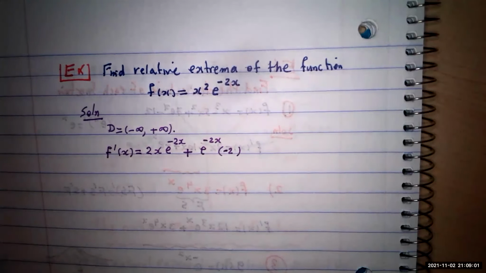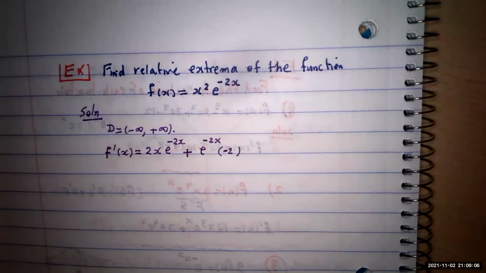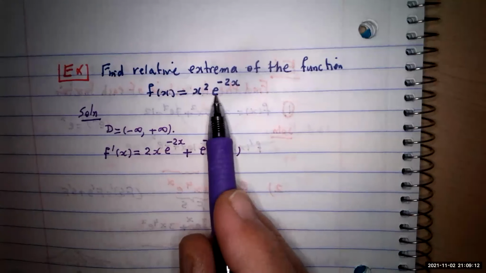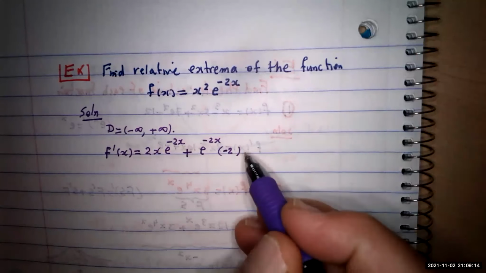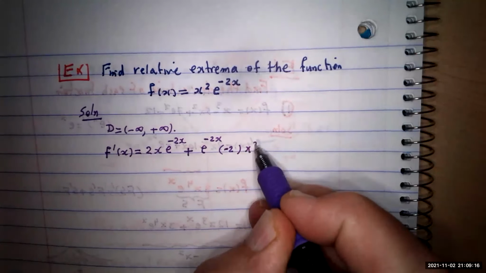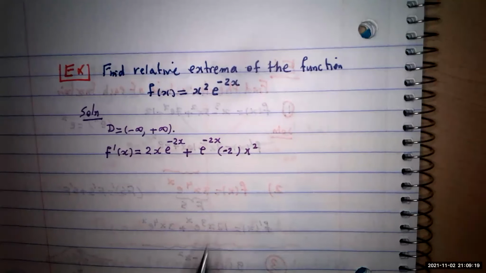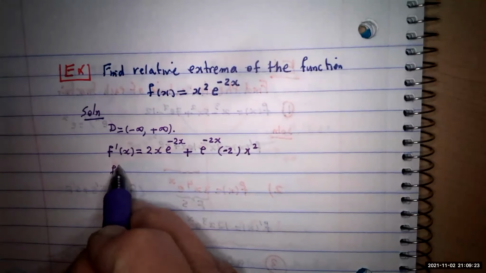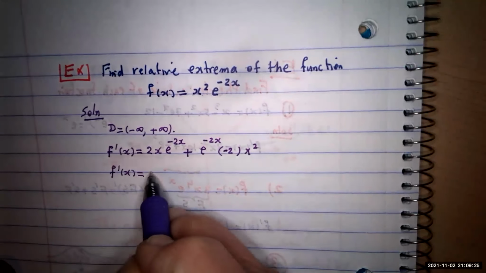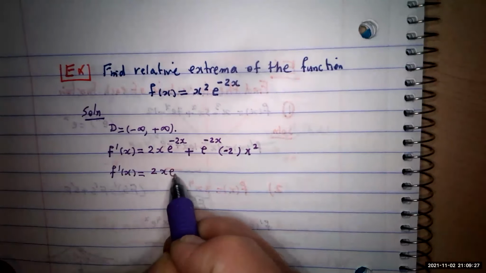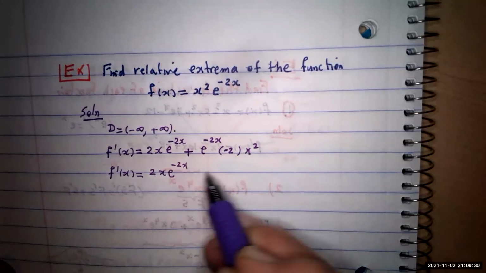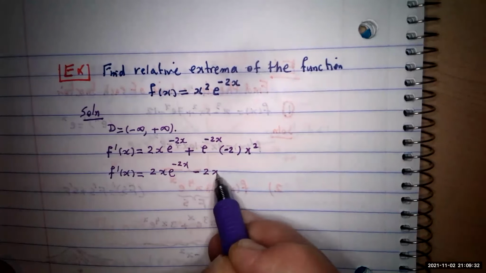If it's going to be e to the x, u prime would be 1. That's why the derivative of e to the x is e to the x. But if it's anything else, you have to pay for it, u prime. This is the derivative of the second one, times the first one, times x squared. Okay, we have to simplify these monomials, put it up in front. So we have f prime of x equal to 2x e to the negative 2x minus 2x squared